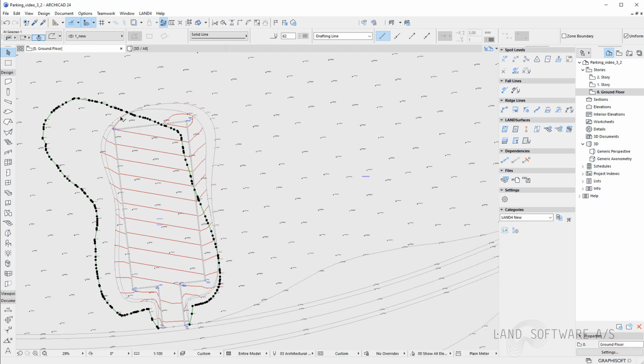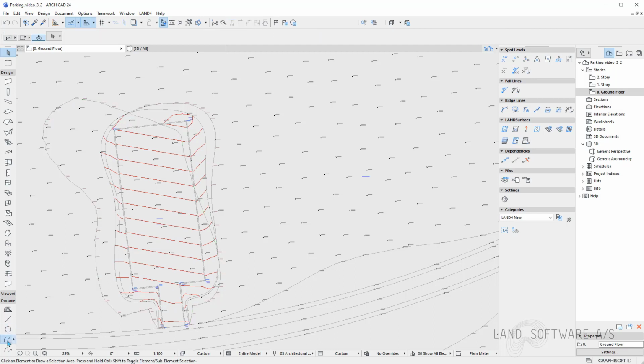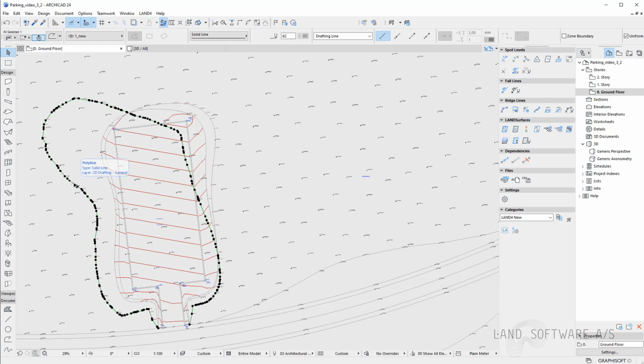So what I want to do is have just the outside line, or the line representing the outside of the construction site. I can use basically the polyline tool to place a line on top of it. And now I can delete the initial line I placed.